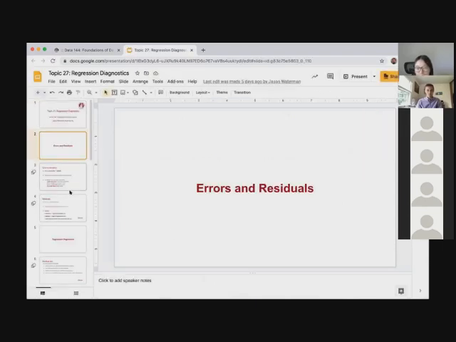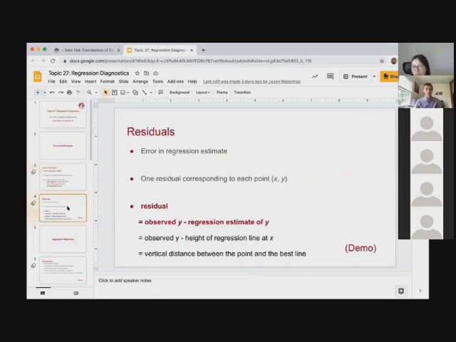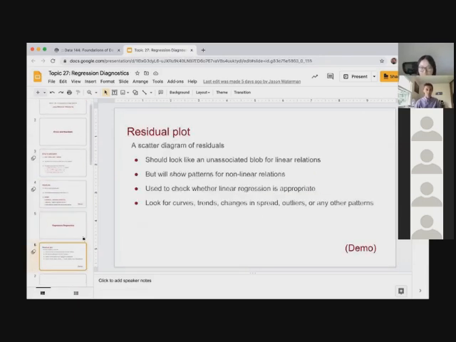I guess the first thing is about the residuals, right? We define residual, okay? And then we have certain ways to check residuals, right? Like doing a residual plot. That would tell us roughly what the residual looks like, okay? And then for the residual plot, just to recap here, based on the assumption that we have for the regression model in the first place, those residuals should look like an unstructured blob for a linear relation. So you remember the ones that we have seen in the demo, they're just randomly scattered around,